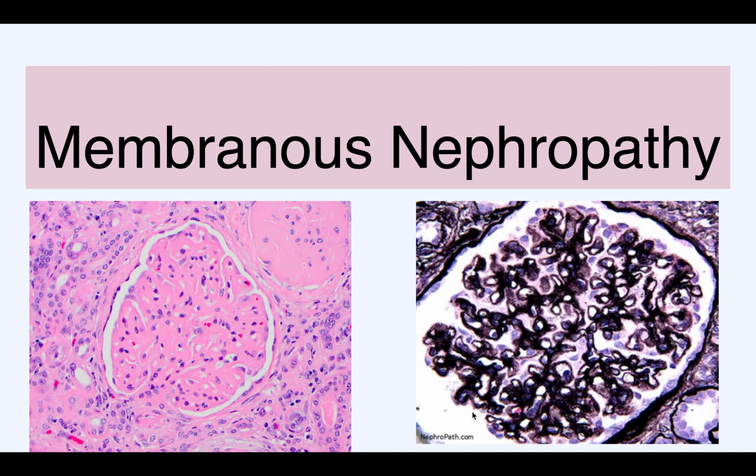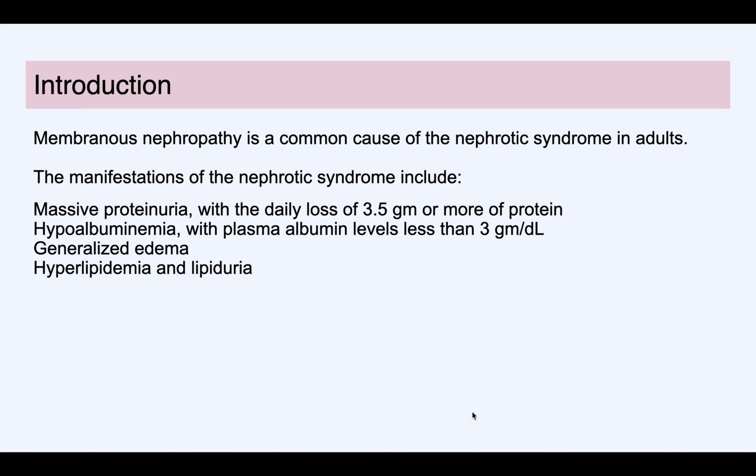Let us discuss membranous nephropathy. Membranous nephropathy is a common cause of nephrotic syndrome in adults. It is the most common cause of nephrotic syndrome in adults. Now, the manifestations of nephrotic syndrome are massive proteinuria, that is, proteinuria should be more than 3.5 grams,